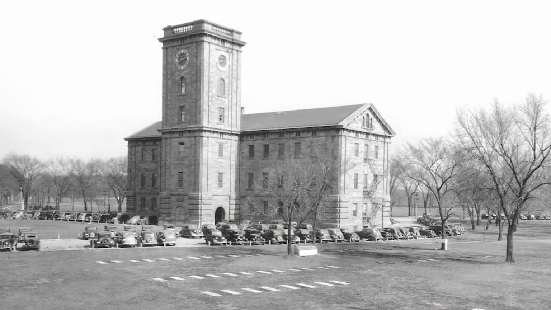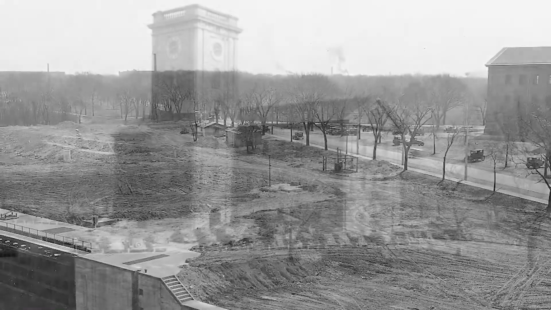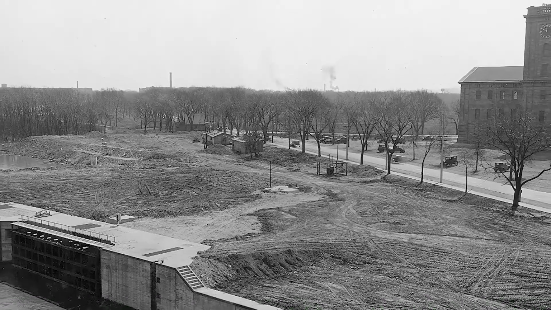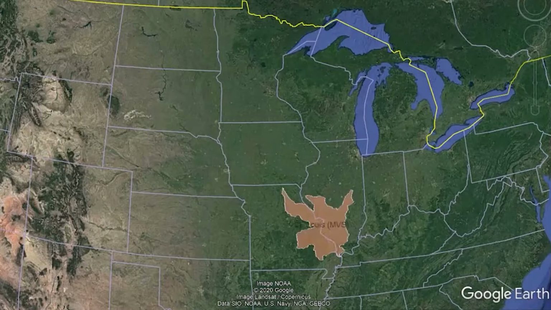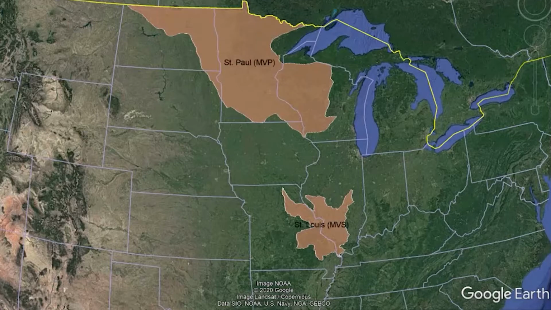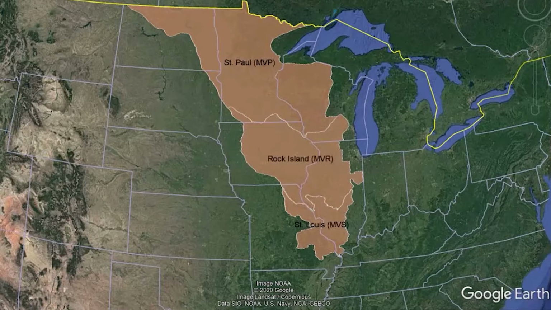In 1932, during the busy Lock and Dam construction period, the historic clock tower building located on Rock Island Arsenal, adjacent to Locks and Dam 15, became the district's permanent home. Also during this time, the St. Louis and St. Paul districts were established, which reduced the boundaries of the Rock Island District to the portion between the Wisconsin and Illinois rivers. In 1936, the Rock Island District was further reduced to its present-day north-south boundaries of Gutenberg, Iowa in the north, and Saverton, Missouri in the south.